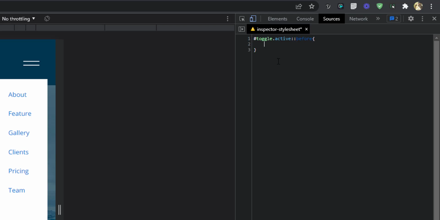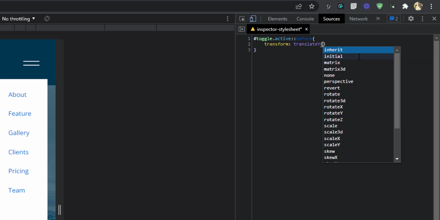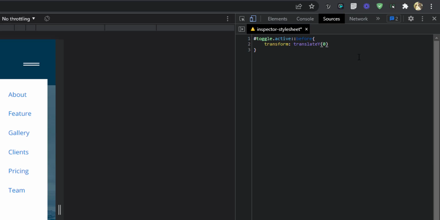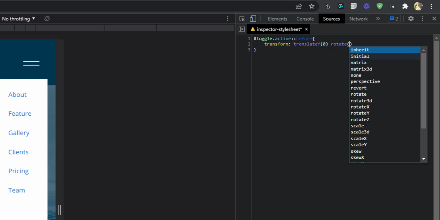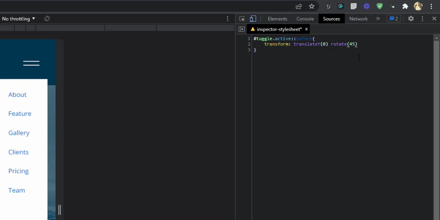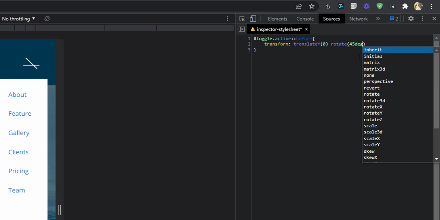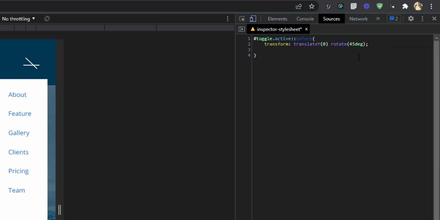Now notice the active state is already applied here, so we're going to transform, translate Y, we're going to translate it to 0, so that moves to 0. And then we're going to rotate it, so 45 degrees. And that's all.